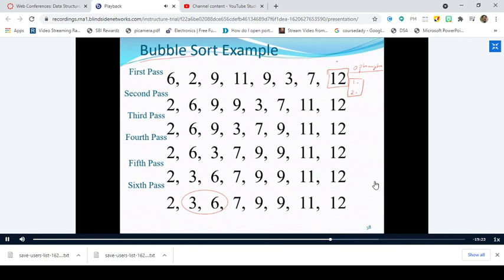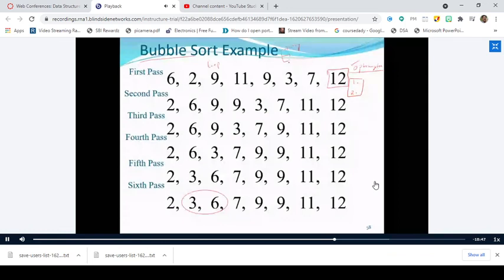So don't worry about this optimized or unoptimized. Why I'm explaining this bubble sort is that this is a very simple algorithm and the program is also very simple. You have to use a looping construct, that's it. We know how to swap 2 elements and we know how to use loops. So by using the looping constructs, you can simply perform this bubble sort algorithm. It's very easy to learn, very easy to understand, very easy to code also. These are the advantages we have.